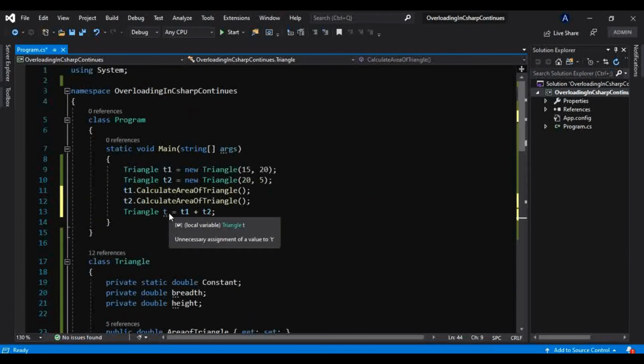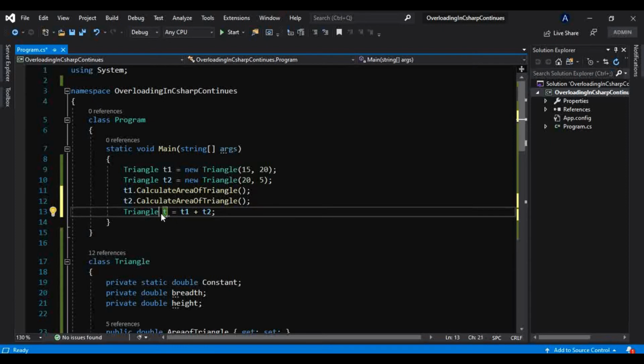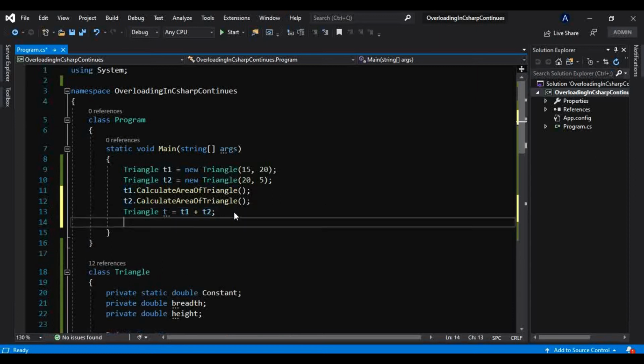So now we know this t has the addition of both triangles. Now how can we print that?